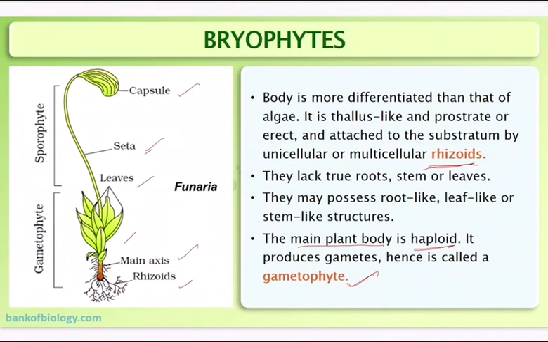Now there is something called elaters. Generally they are present in liverworts, but in mosses they are absent. Then sporogenous tissue develops from endothecium, whereas in mosses it develops from the outer layer of endothecium and the inner layer forms the sterile columella. So this is a